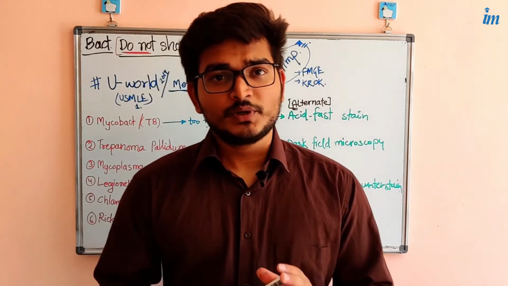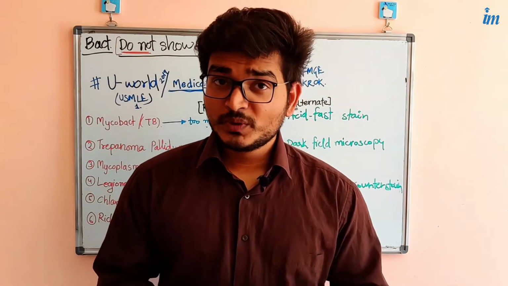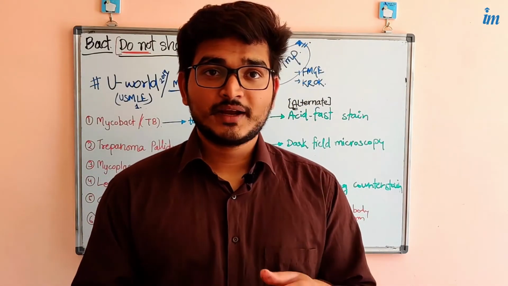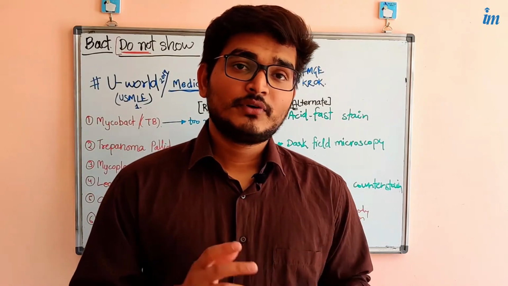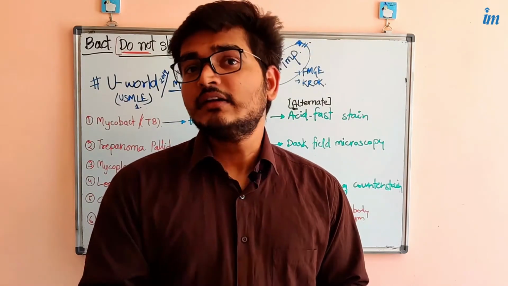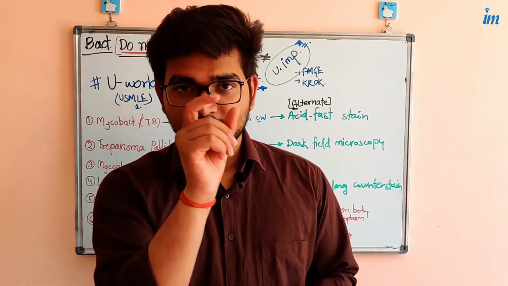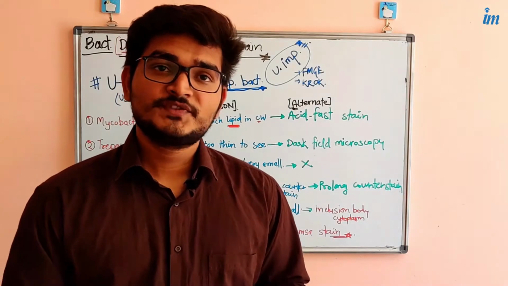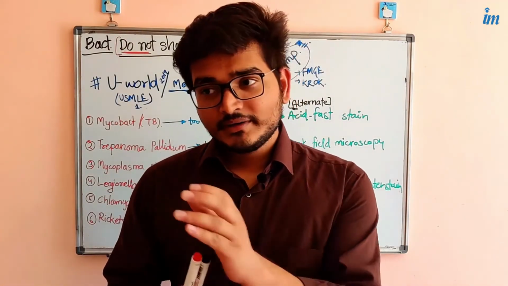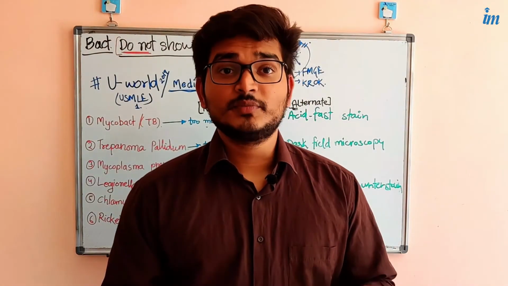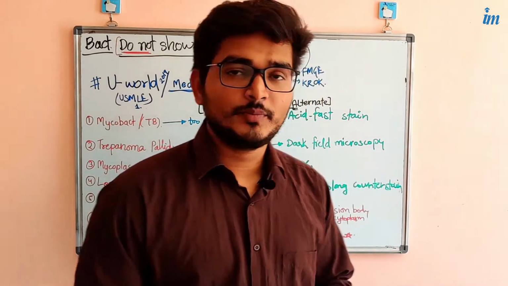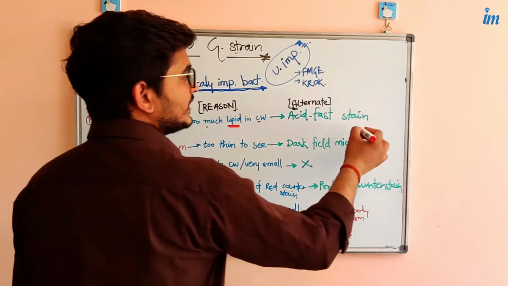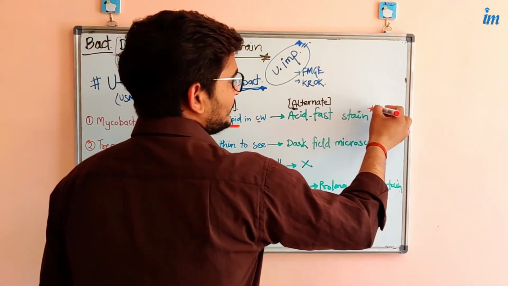So in Mycobacterium tuberculosis bacteria, the cell wall contains a high amount of lipids, more than 1000 daltons, found inside a single species of the Mycobacterium, and because of that we are unable to stain it with a gram stain. So it shows a negative result in the gram staining process, but in another staining it shows positive. What is that stain? That stain is the acid fast stain.